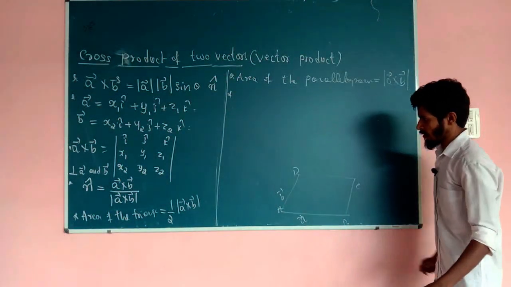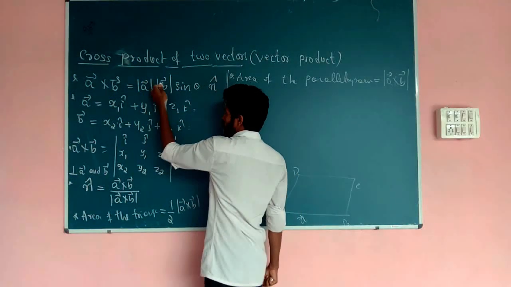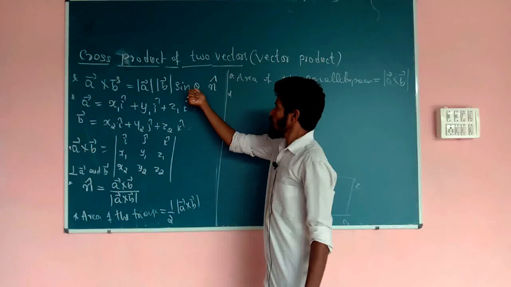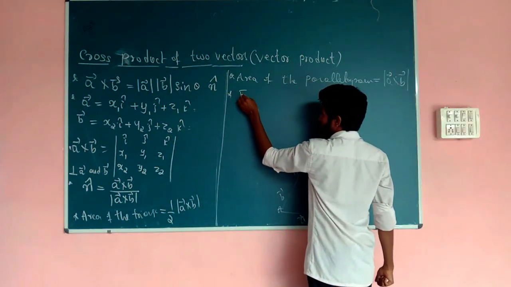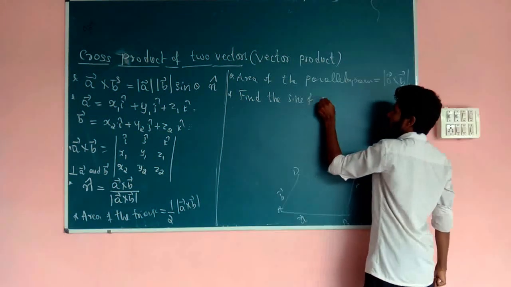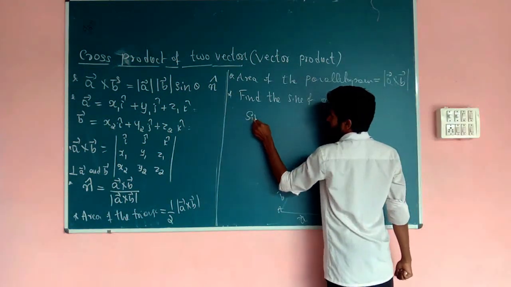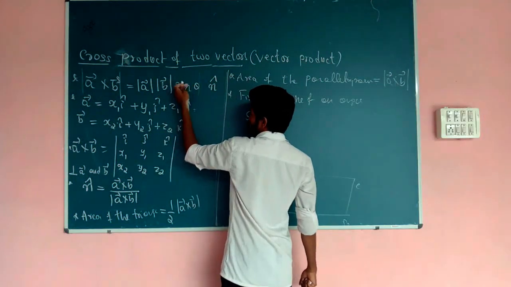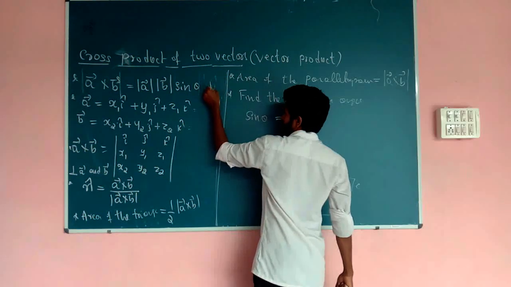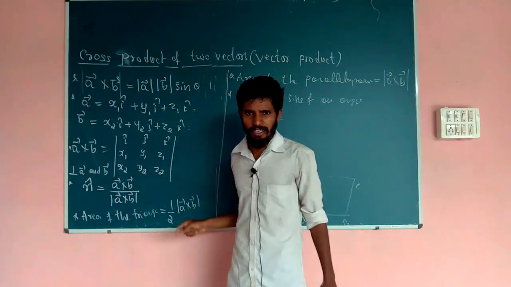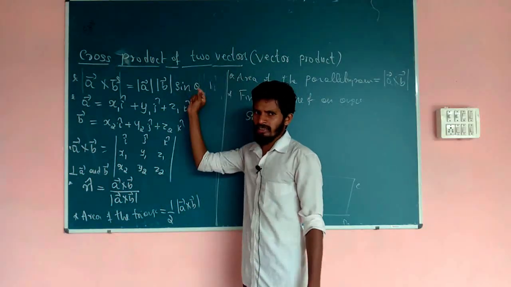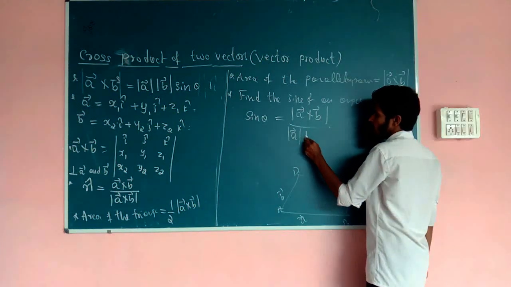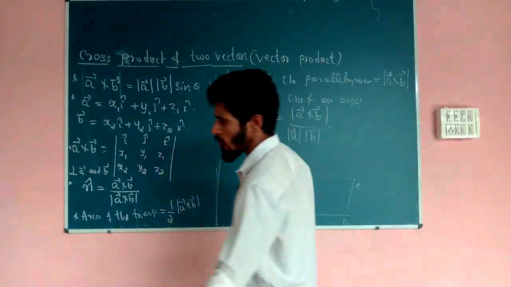Another formula comes here. We know that A cross B is equal to magnitude of A into magnitude of B into sin theta into n cap, where theta is the angle between vector A and vector B. To find the sine of the angle, take the modulus: sin theta is equal to magnitude of A cross B divided by magnitude of A into magnitude of B into modulus of sin theta, and the magnitude of n cap, being a unit vector, becomes 1. Theta lies between 0 and 180, in the first and second quadrant sin theta is positive, so modulus of sin theta is sin theta itself. Therefore sin theta is equal to magnitude of A cross B divided by magnitude of A into magnitude of B.